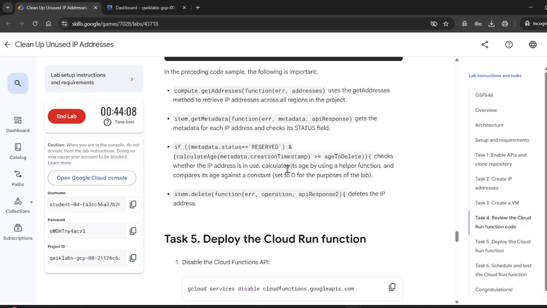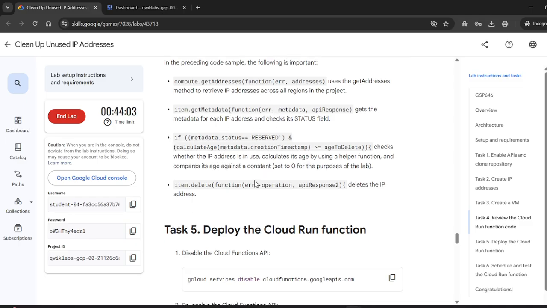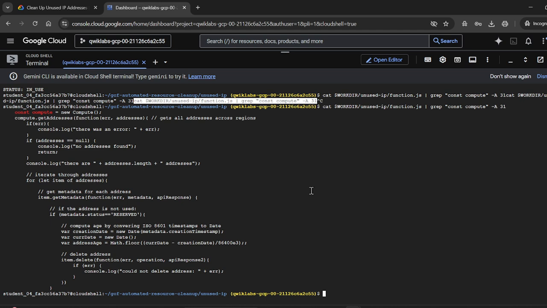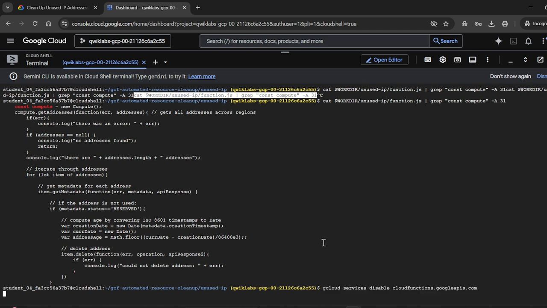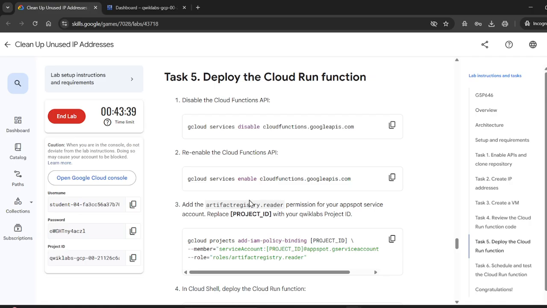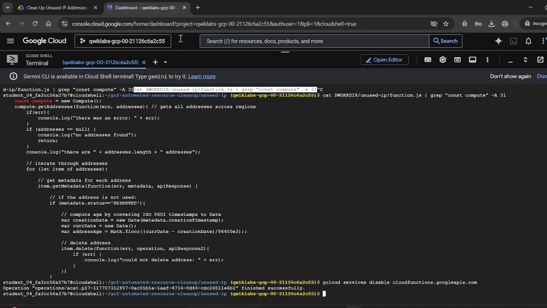to handle the preceding code sample. It uses compute.get address to calculate the status, reserved or unreserved. Deploy the Cloud Run functions. First disable the Cloud Functions API with gcloud services disable cloudfunctions.googleapis.com, copy, paste it. It successfully finishes disabling, and after that re-enable the Cloud Functions again